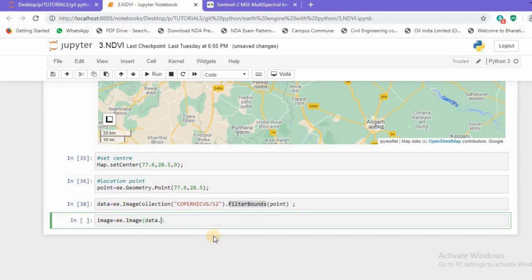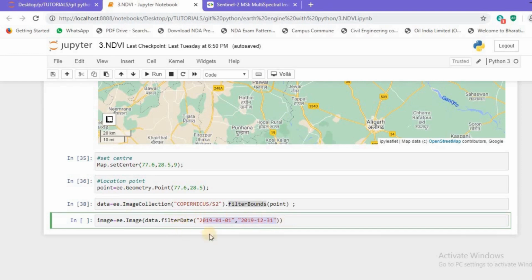Now I will restrict the data based upon the filterDate function, and I'll pass it the date that I'm using, 2019-01-01, that is the 1st of January 2019, and I'll be using the complete whole year data. So for that I'll be using 2019-12-31, that is the 31st of December 2019. So we have successfully clipped the data for this filterDate function and for this particular whole year 2019.